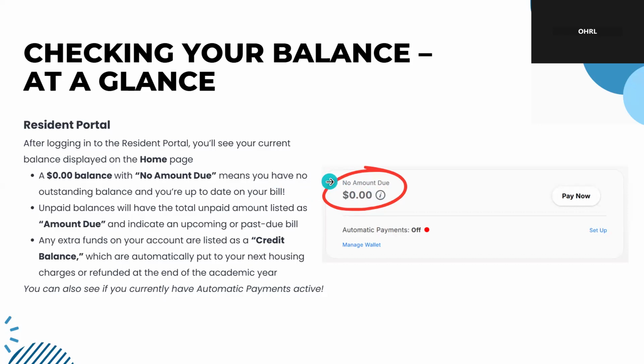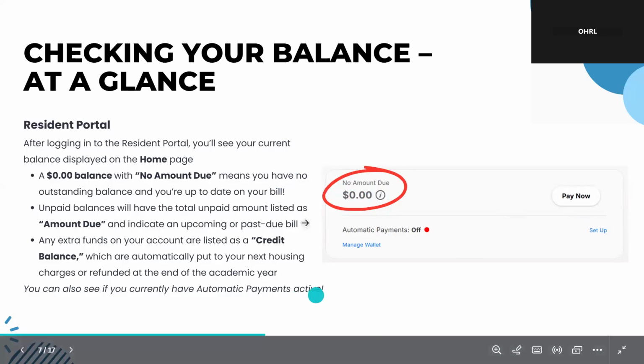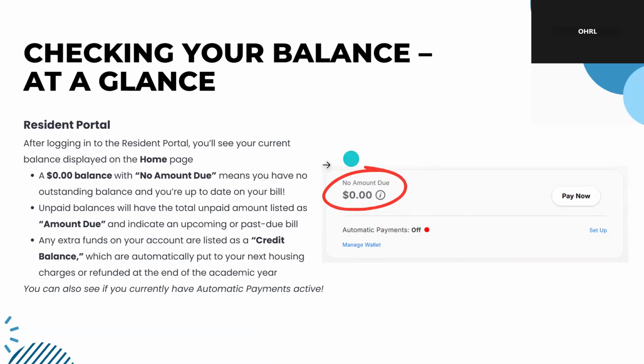Any extra funds on your account, this text up here would say credit balance, and then it would show a dollar amount, which would actually be, if this makes sense, a negative dollar amount because you don't owe that money. That isn't due. In fact, you've overpaid, and that will automatically go towards your next housing bill. So once you log into your portal, you'll see all this information right at a glance. Super, super helpful. Kind of three categories it can fall into are you're all set, no amount due. You have an amount due, whether that's from an upcoming, or hopefully this doesn't reach you, past due payment,